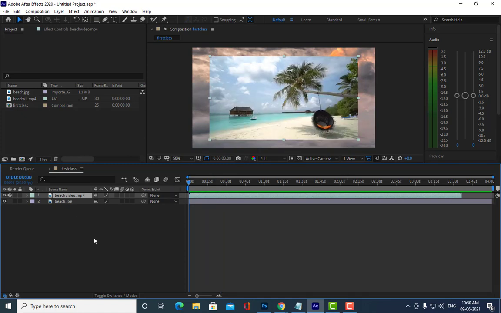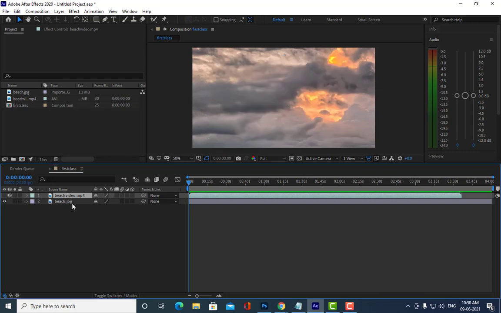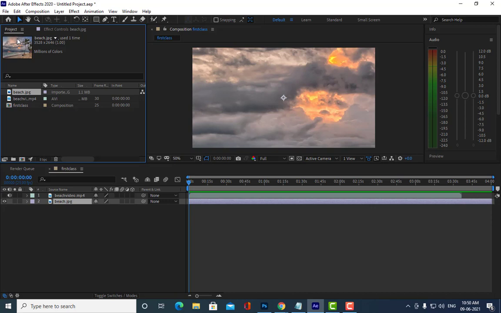Next step, we will now focus on this image. You can see the image file over here. Can you see the image file over here? Yes, sir. But in this composition screen you cannot see the complete image.